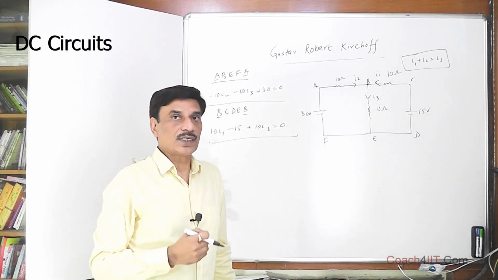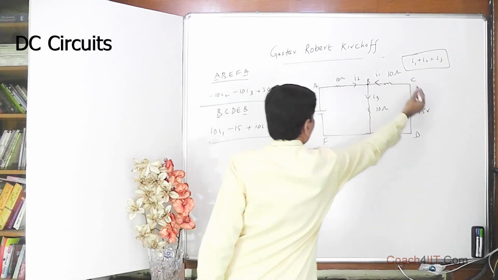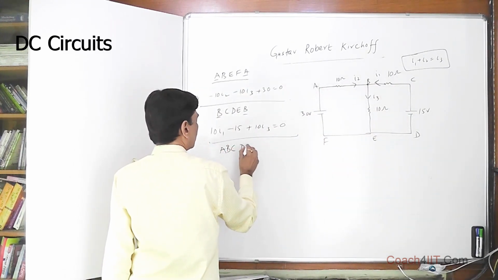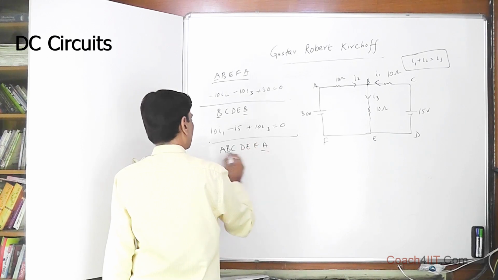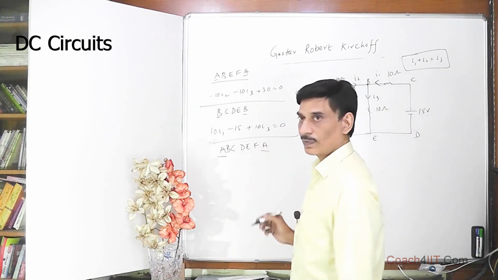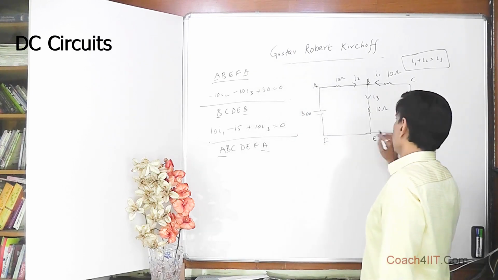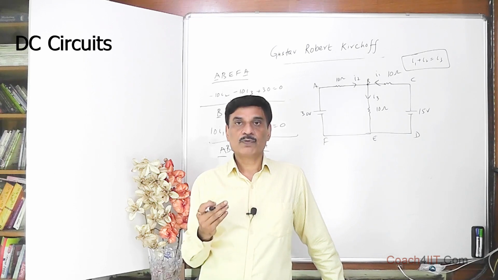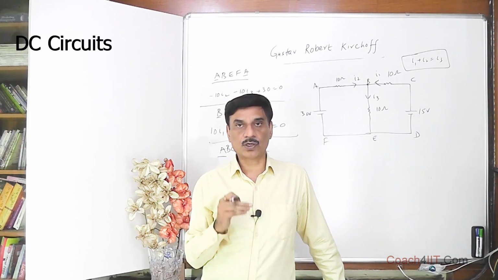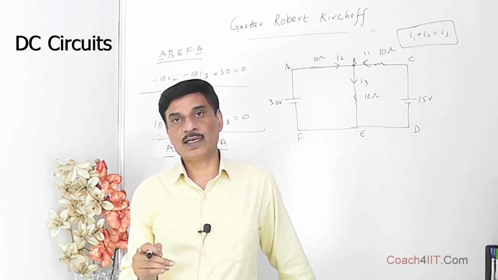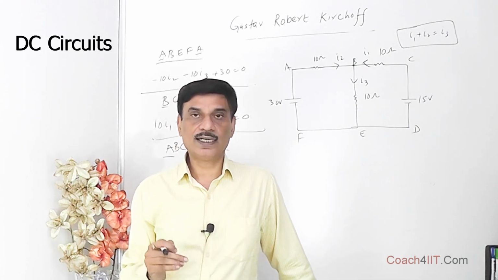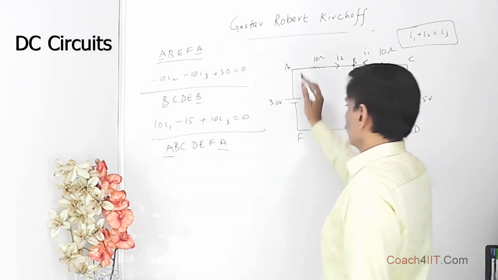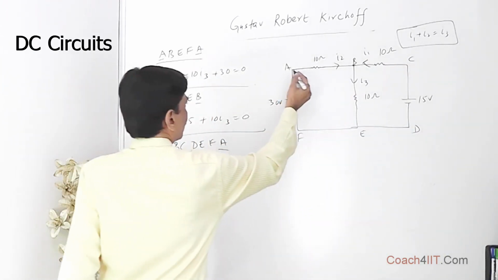But if you are just interested in writing the equations, let's take a bigger loop. We can take this bigger loop also. A, B, C, D, E, F, A. If we take this bigger loop, once we have assumed that currents are moving in this direction, this is the direction of conventional current we have assumed, we need not bother whether the currents are flowing in this direction or not. Eventually KCL and KVL will give us the value of the current and direction of the current also. So when we take this loop, it is going to be in the direction of current,